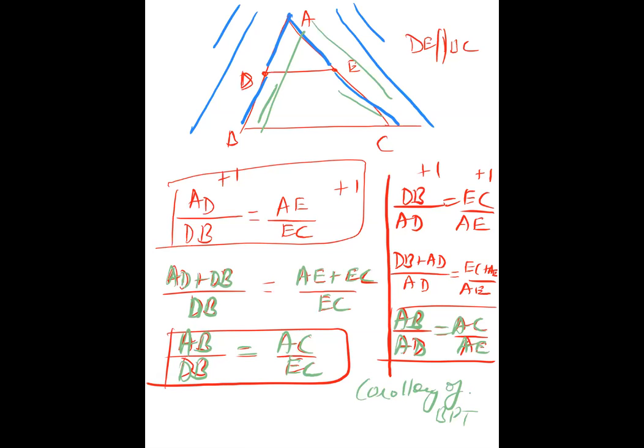Then what we did is we reversed that, DB by AD, and then we added one again on both the sides, and we found a new thing. I hope it is clear to all. Just do it once in your notebook, write it down by yourself without seeing, then raise your hand after that. Any doubt, ask me.